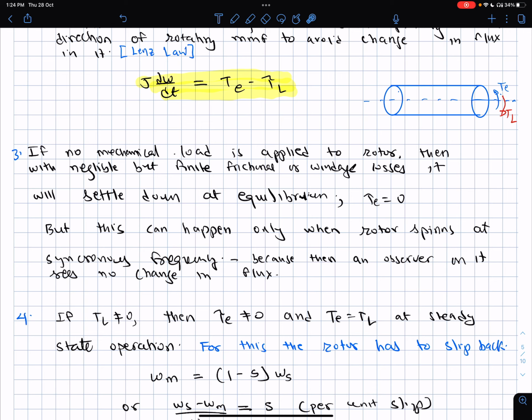So under the steady state, some current has to flow in the rotor winding, so that the BIL is generated, which will be multiplied by R, will generate torque, and then you have to adjust it by the number of turns and so on, and TE will become equal to TL. For currents to induce, the machine should fall back. Now the machine means the rotor structure should fall back now from the speed of omega s.